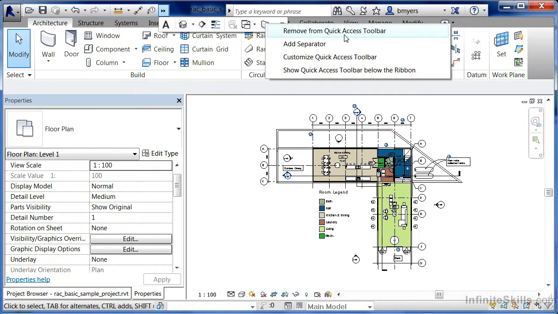A few other things that show up when you do the right-click include Add Separator, which adds this line in order to have separation between the commands so that the different commands are easier to find. There's also Customize the Quick Access Toolbar, which brings up a menu structure with these exact same commands that we're seeing with the right-click, and we'll do this here in just a moment, as well as Show Quick Access Toolbar